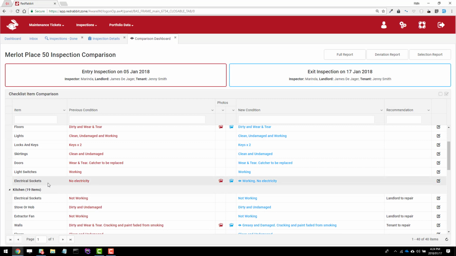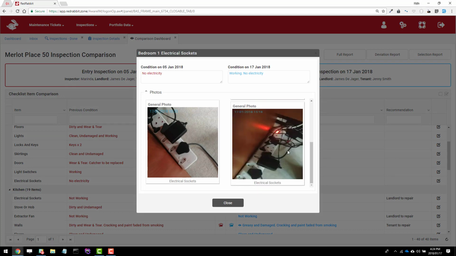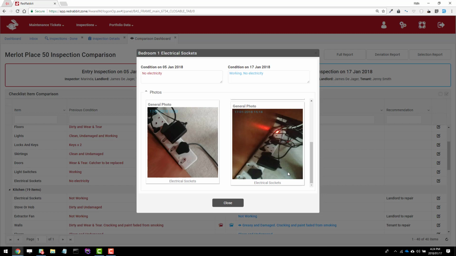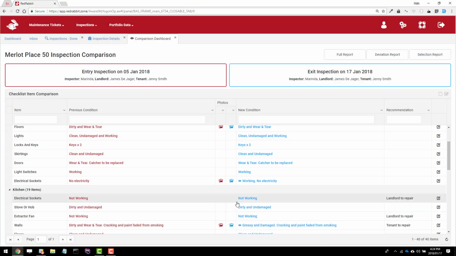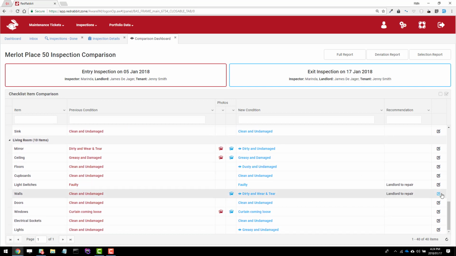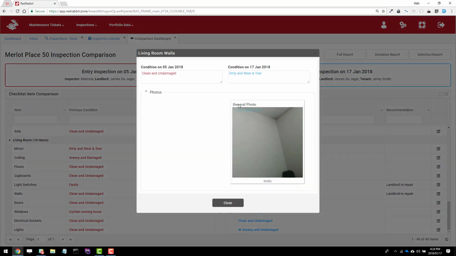Let's have a look at one of the others. So for instance, this electrical sockets had no electricity, and in the new condition, it also had no electricity, but it was working. So there we can see the photos side by side. Now you can see that this is a duplicate photo because this photo was copied to the new inspection, and then we actually took one new photo as well. And then we can also see our recommendations. If there's only one photo like this, then you will obviously only see the one photo that was taken